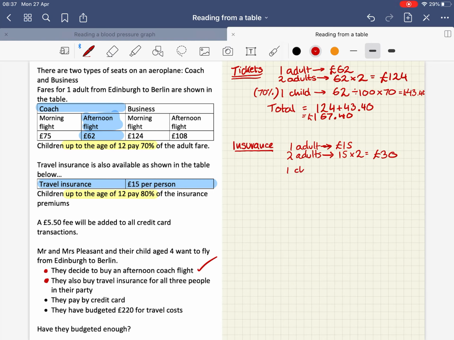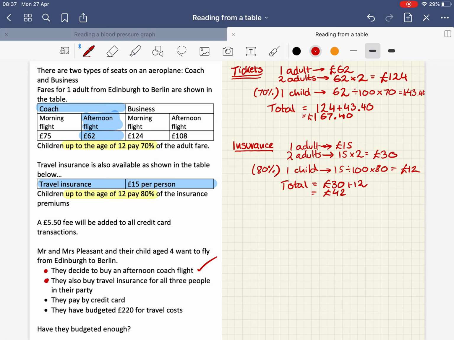And then 1 child, as we highlighted earlier, so we didn't forget, up to the age of 12 pays 80%. So I'm just wanting to find 80% of the cost of 1, which is going to be £12. And then our total, adding those 2 together, so adding the £30 and the £12